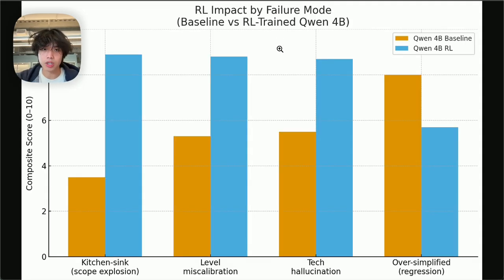And the last impact that we saw was that because of the different fine-tuning methods and the different learnings instilled in the model, it actually also caused the model to fail in different ways. So it reduced errors of scope, level miscalibration, and hallucinations. However, it increased errors in making the problem too simple. And creating models that can effectively generate questions also gets into the next part of our project, which is an AI interviewer.